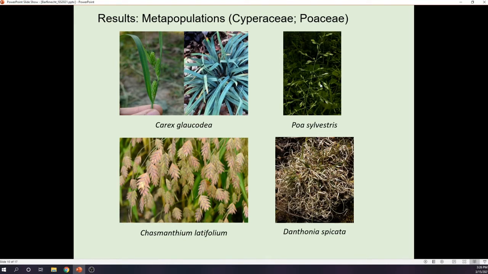Poa sylvestris, which actually did occur at the eastern end of the extent of these, and then mostly within A, B, C, D, and E of the original extent of the patches. Chasmanthium latifolium, also known as river oats, which is typically a very common dry upland woodland grass species, actually wasn't too common inside of the adjacent forest matrix, but particularly liked to occur close to or next to the edge of sandstone outcrops.